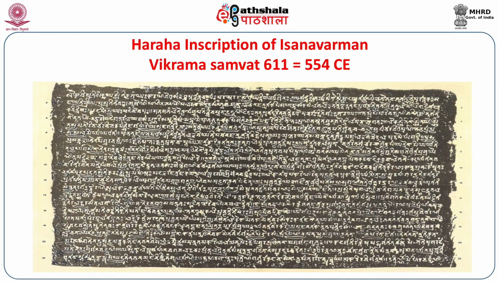From 4th century, 5th century CE, there is again another strain of development from Brahmi to its later developments. From 6th century CE, Brahmi stepped into its next phase of development, as we can see here in the Hara inscription of Ishana Varman, dated in 554 CE. Here, unlike all the earlier Brahmi scripts, starting from the early to the late Brahmi, we can see that new forms are again developing, but in a completely different manner.